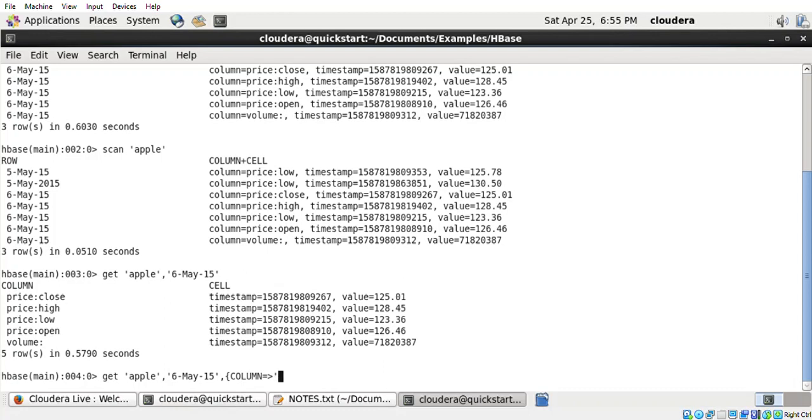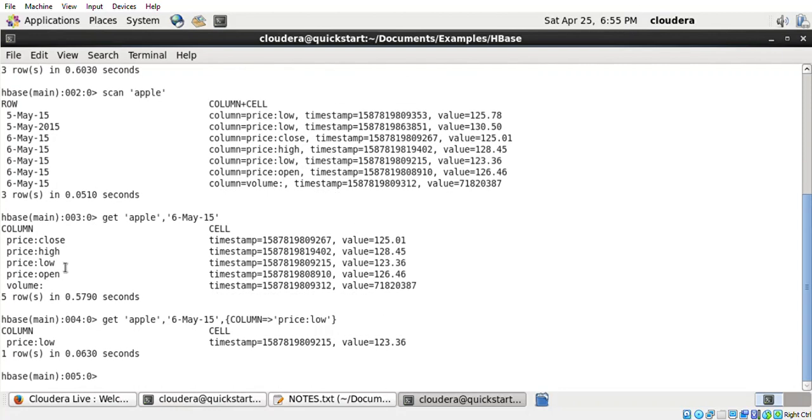For example, here I am giving price colon low, or you can give high or open. I am giving low. Then you close that bracket. Then it will display all the rows having the price value low. It will display one row.